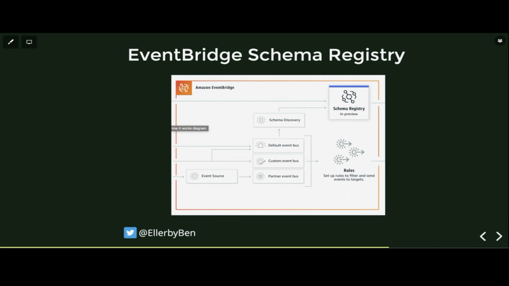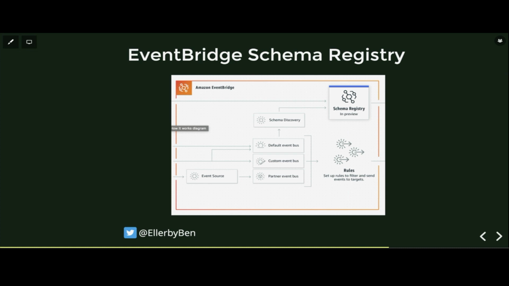The EventBridge schema registry, which is still in preview and only available in some regions, I'm sure will probably be rolling out wider, is extremely useful for dealing with these schemas across teams. In an AWS account, you can go into EventBridge and you can upload your schema, which you may have written in something like TypeScript or as a JSON, and then that schema is accessible to all the other teams.